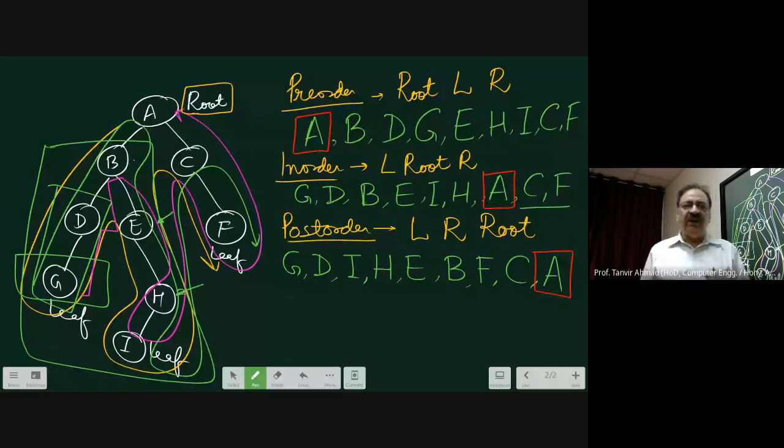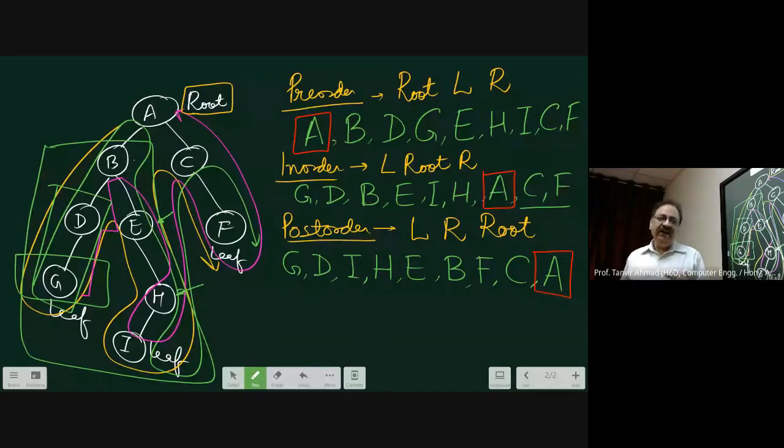But if it is not there, that means in order you always process the root before the right. But left must come before root. Therefore, since I is the left of H, you have to process I first and then H. Now, if it is correct, you find that I have circled all the A, and A is the root.